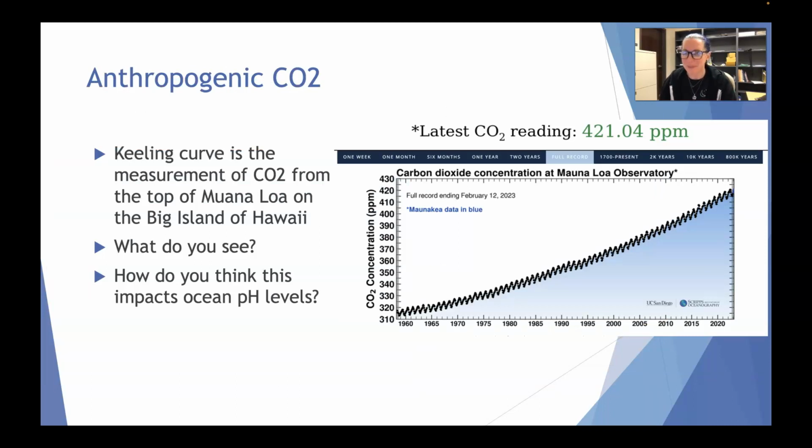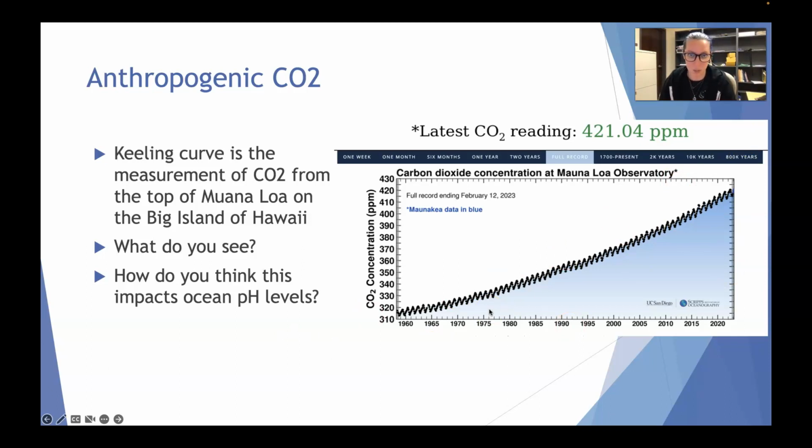Well, here we are. This is what's called a Keeling curve, and these are measurements of carbon dioxide from the top of Mauna Loa on the Big Island of Hawaii. It's a really great place to obtain CO2 concentrations from around the world, because if you think about where Hawaii is, it's in the middle of the Pacific Ocean. So it's not directly next to a city or a big mass of land, right? It's basically the perfect way to get the overall average concentration of CO2 that's not being biased in any way. So look at this